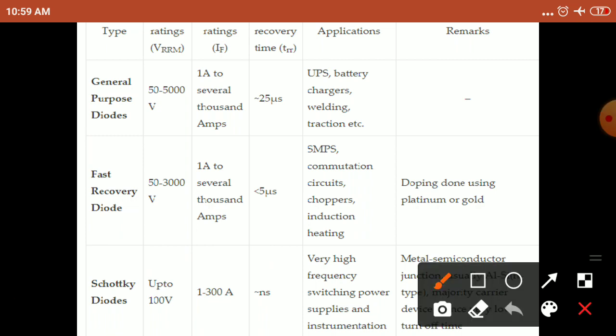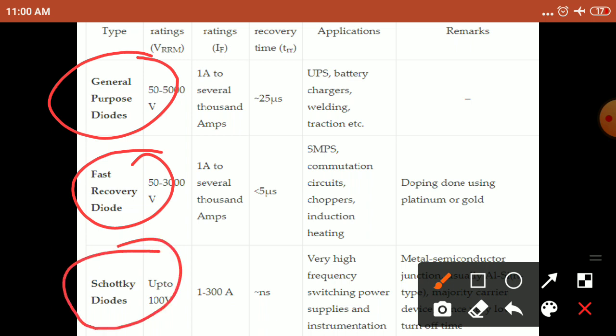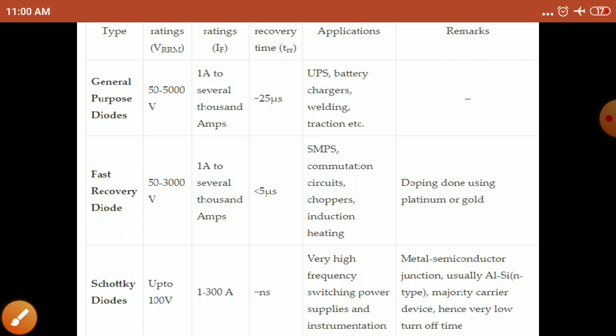So the general purpose diode, Schottky diode, and fast recovery diode are the three important power diodes used in power electronic applications. In addition to this, we have silicon carbide diodes. Silicon carbide diodes are used once again to improve current and power handling capabilities. Silicon carbide material is used in their construction, which improves the reverse recovery time as well as the voltage and current handling capabilities. That is why silicon carbide diodes came into existence.